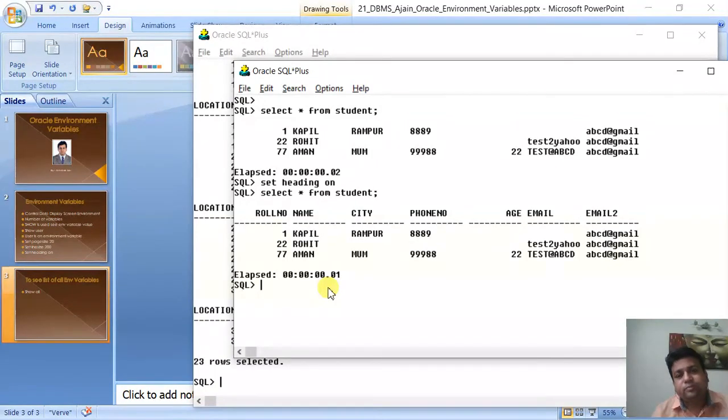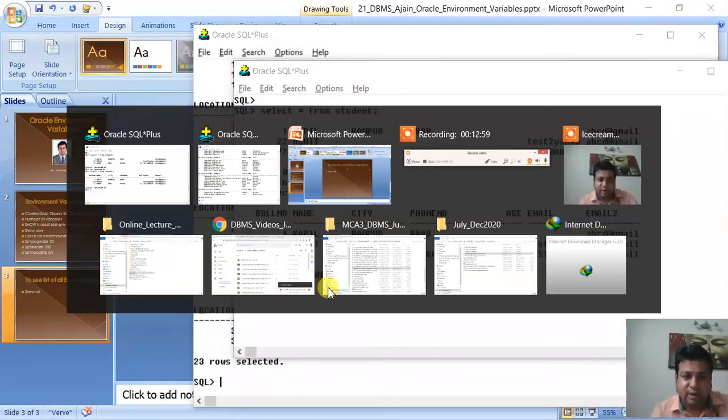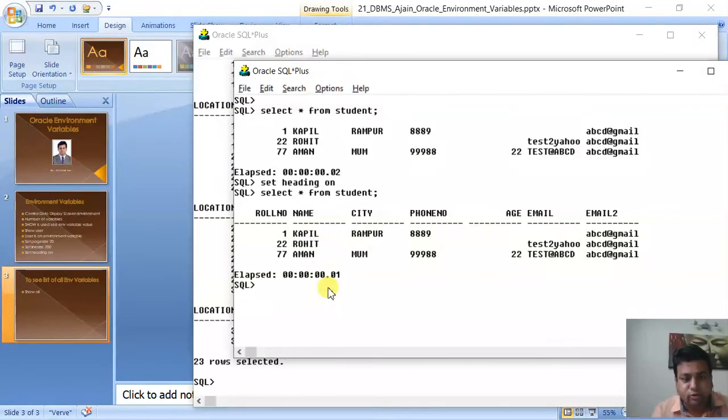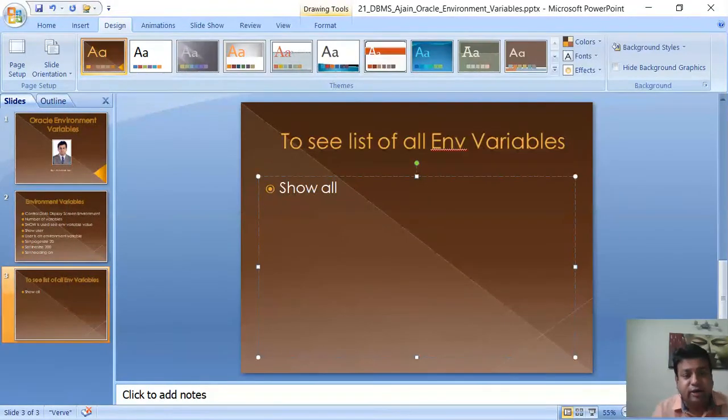Okay. So these are the list of environment variables which you can use. Not all of them are required, but now you are fully aware that sometimes you need to use them, and how you can use them. And moreover, you don't require to give a semicolon. Okay, because they are Oracle internal commands, so semicolon is not required.